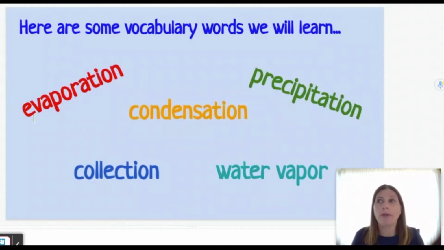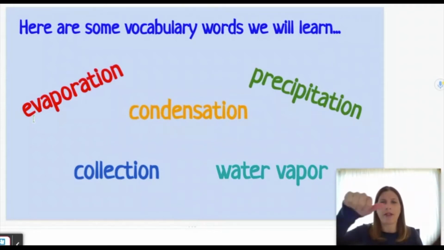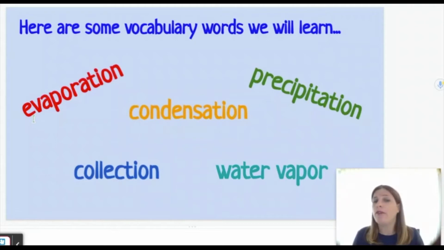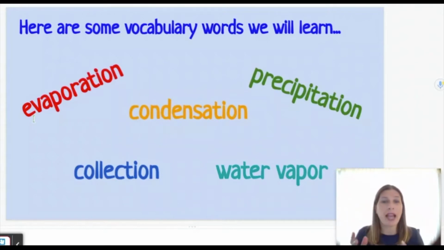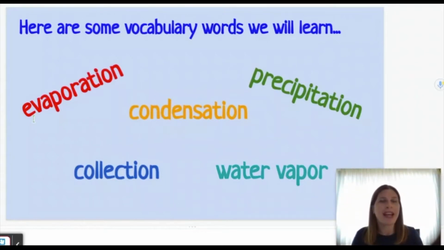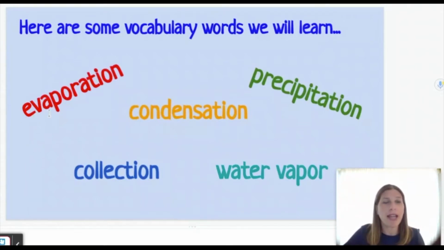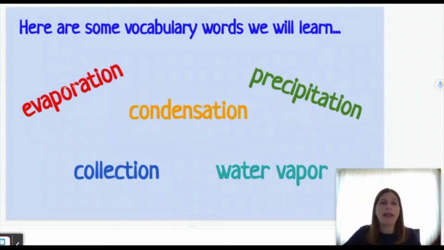If you've heard the word before or read the word before, but you're not quite sure of the definition, give me a thumbs to the side. And if you've never heard of that word and you don't know the definition, just give me a thumbs down. By the end, you're going to know all these words. Oh, I see a lot of people have heard this word, and a few of you know the definition. Excellent. Okay, let's move on to our second word here in orange.